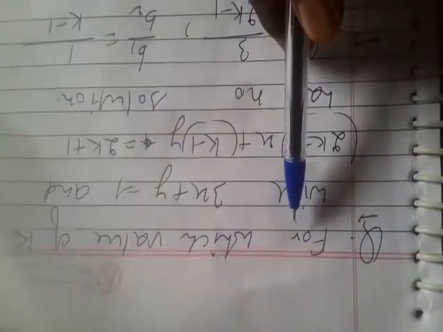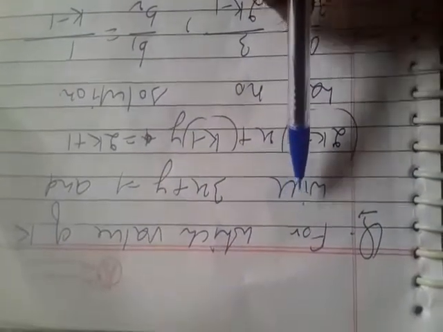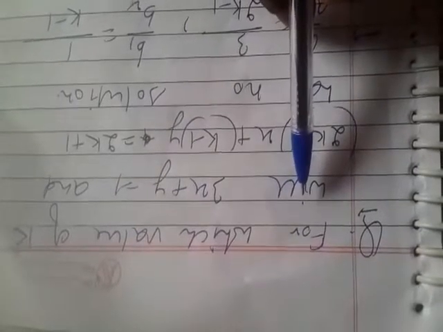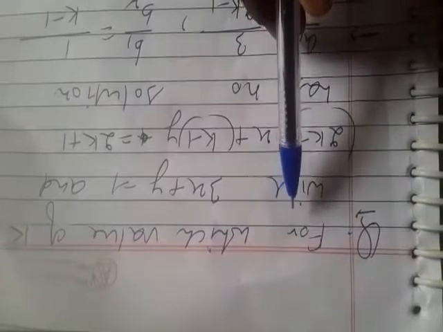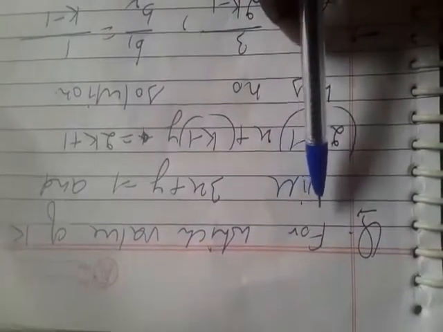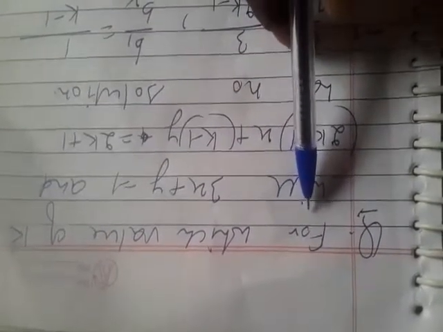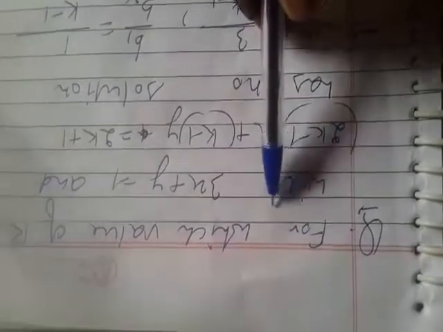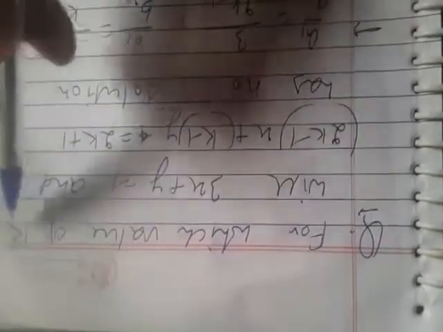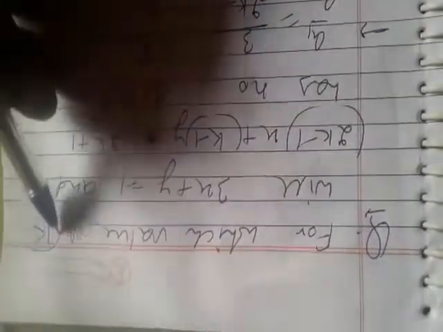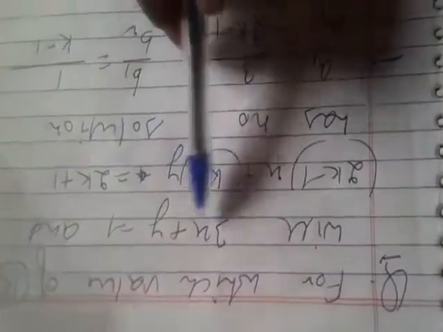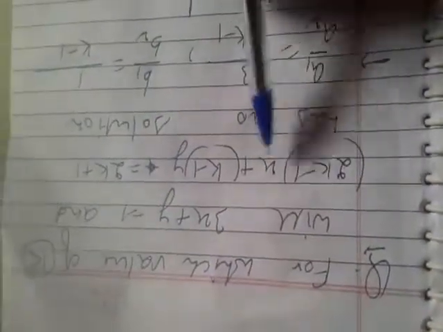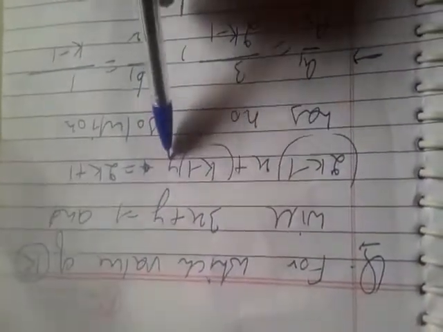Now we have studied the conditions for infinite solutions and unique solution. The third condition is having no solution. Now this question is based on that condition. The question is that we have to find out the value of k, which is the unknown term, and the equations are 3x plus y is equals to 1 and (2k minus 1) into x plus (k minus 1) into y is equals to 2k plus 1.